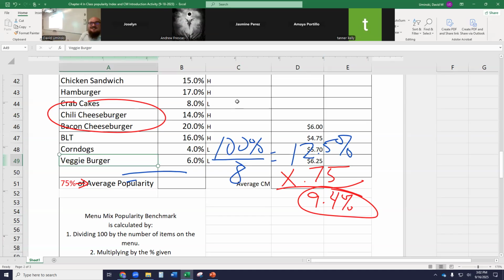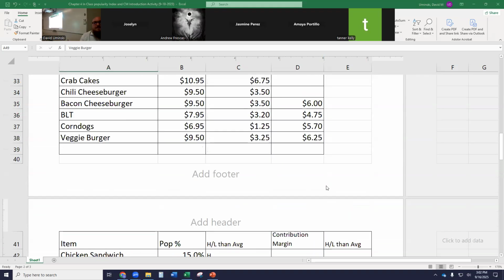My second question is how am I supposed to download the worksheet? Is that something we need to turn in? No, this is for your notes page. I'll work with you after class, because we have about 13 minutes left and I want to make sure we get through this next little bit. Awesome, thank you so much.